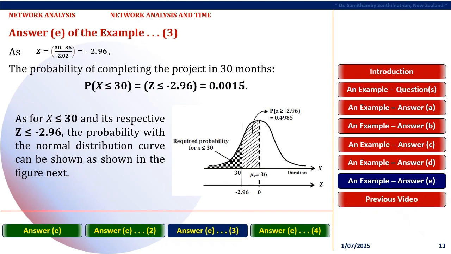As z equals minus 2.96, the probability of completing the project in 30 months can be the probability of x less than or equal to 30 equals z less than or equal to minus 2.96 equals